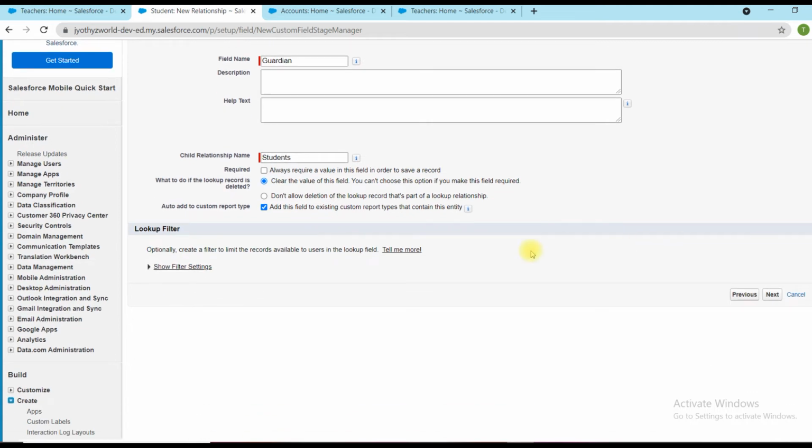And these are asking what to do if the lookup record is deleted. If we want to clear the value of the field, you choose this option. If you make this field required, then check this, otherwise check this. If you want to make this field required, we can select required. It is not needed.